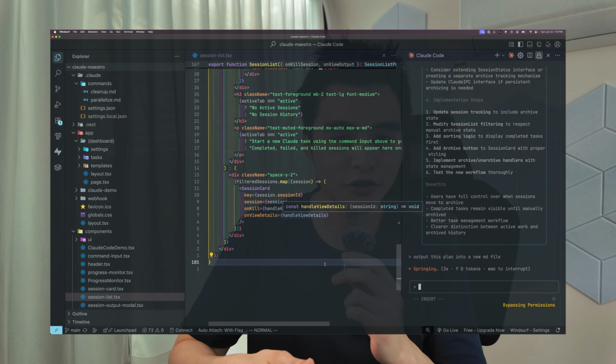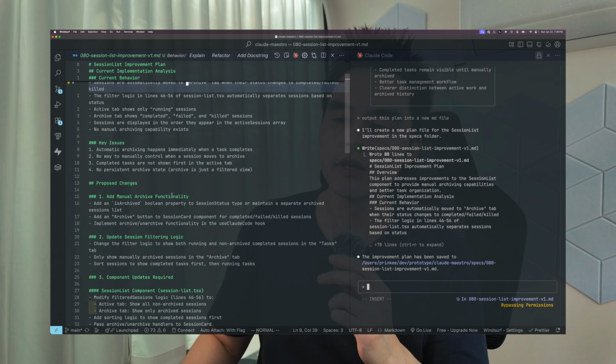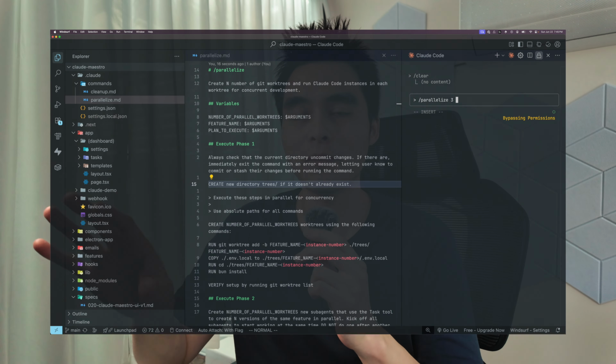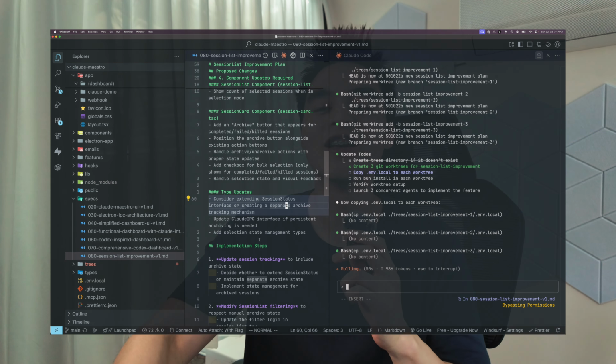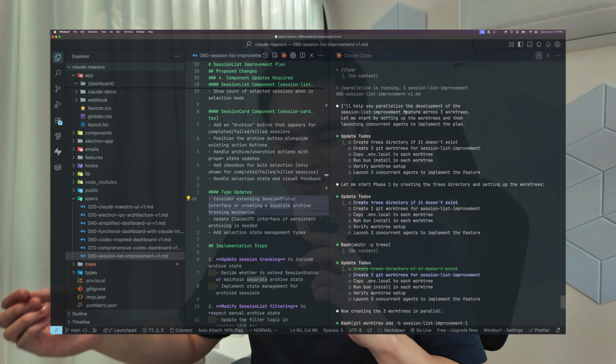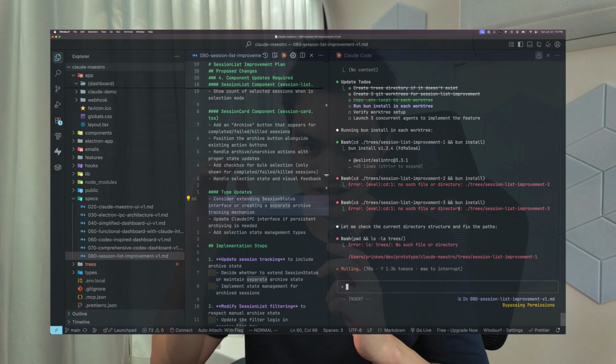Once I'm happy with the plan, I'll have it spit out the plan into a new markdown file. And then I give that markdown file to my parallelize command. And then I set off this whole chain, like 5 different agents working on the same task, getting 5 different